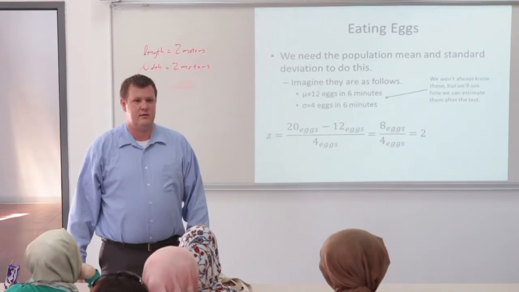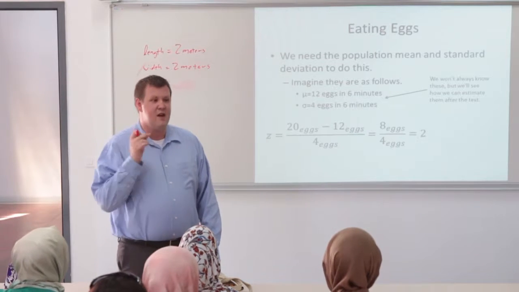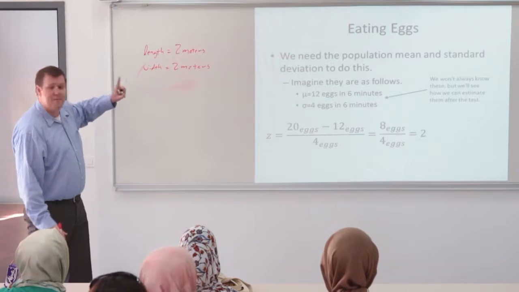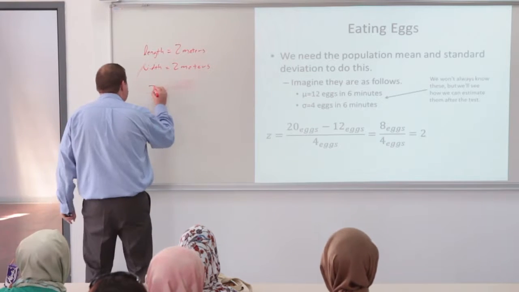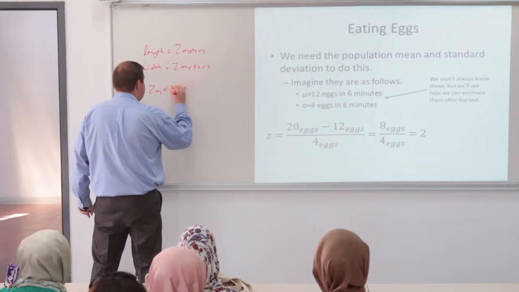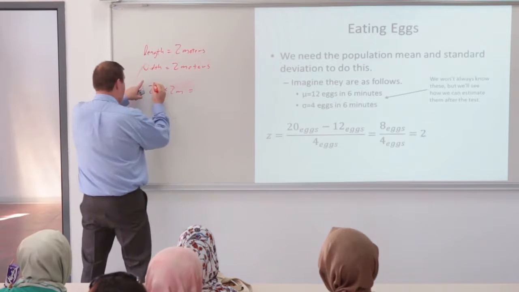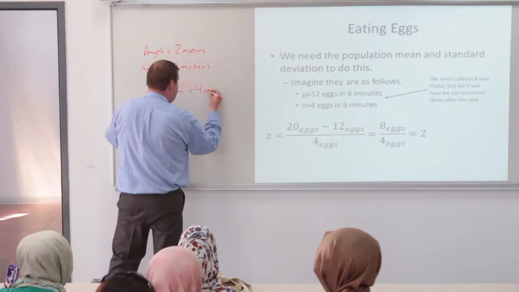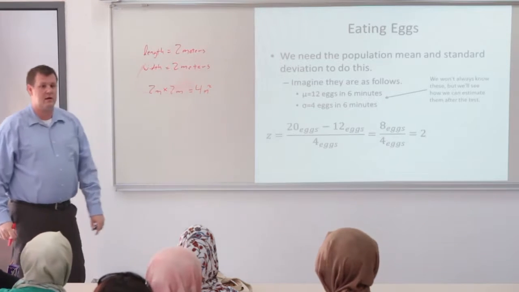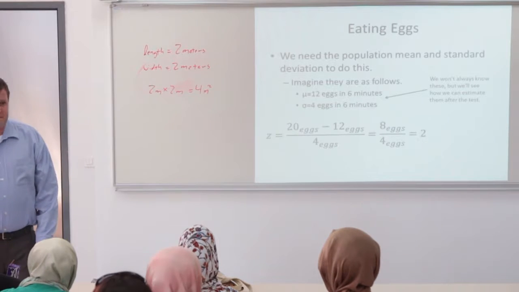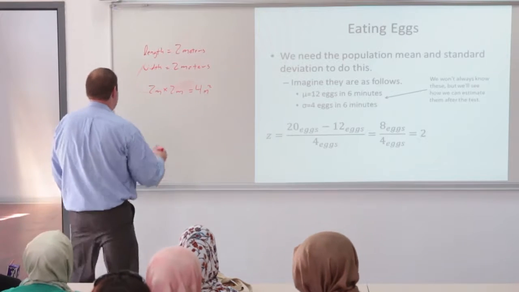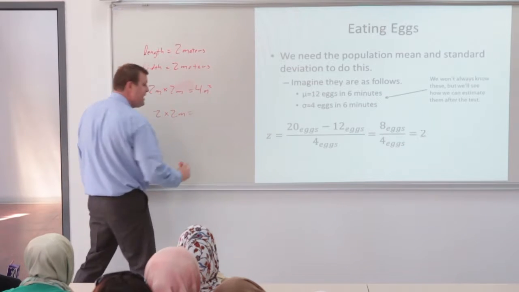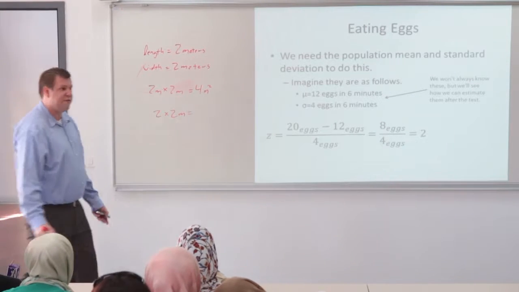What's the area? 4 meters squared, right? We take the length, we multiply it by the width, right? So 2 meters times 2 meters equals 4 meters squared. So if I say 2 times 2 meters, what does that equal? It's just 4 meters,